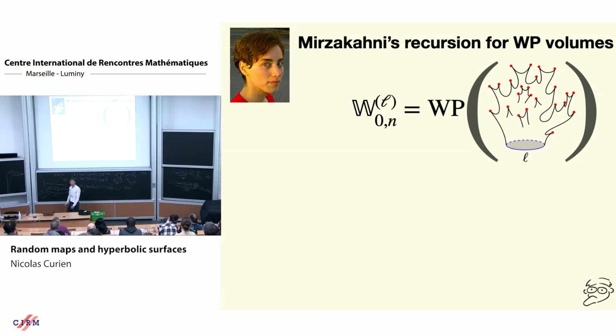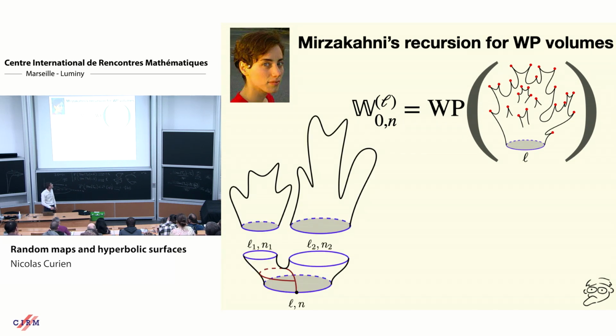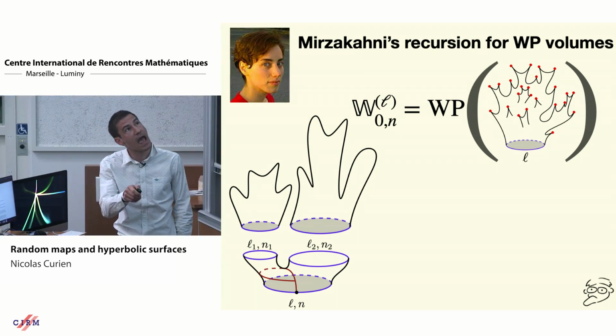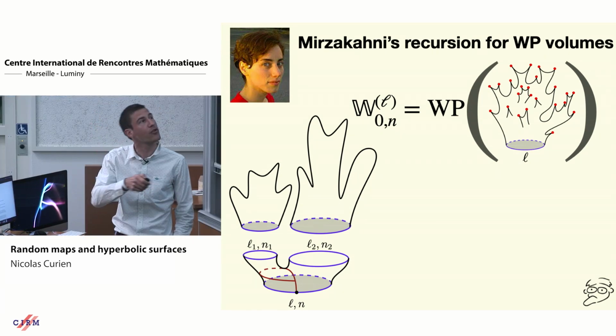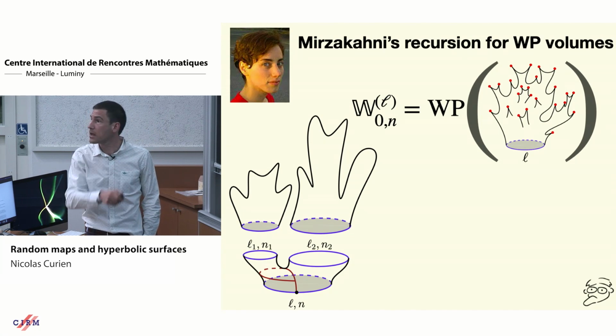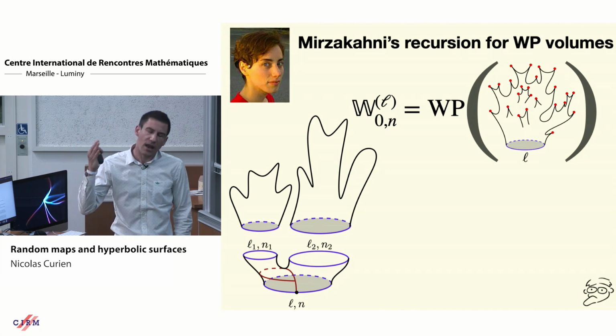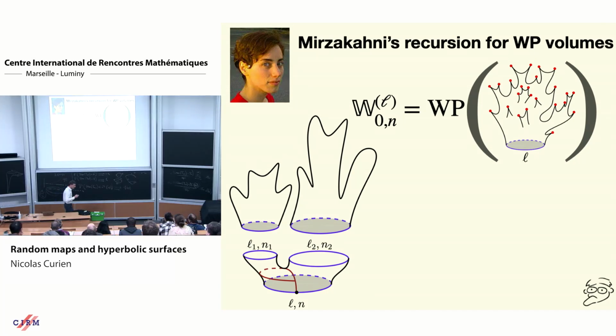And I'm looking for the equivalent of Tutte's equation here. This has been done by Mirzakhani, and the analogue of Tutte's equation is based on this generalized McShane identity. She said that if you take one of these surfaces and you pick a point on the boundary L, you pick a point and you throw an orthogonal geodesic, then unless you are very unlucky, this happens with probability 0, this